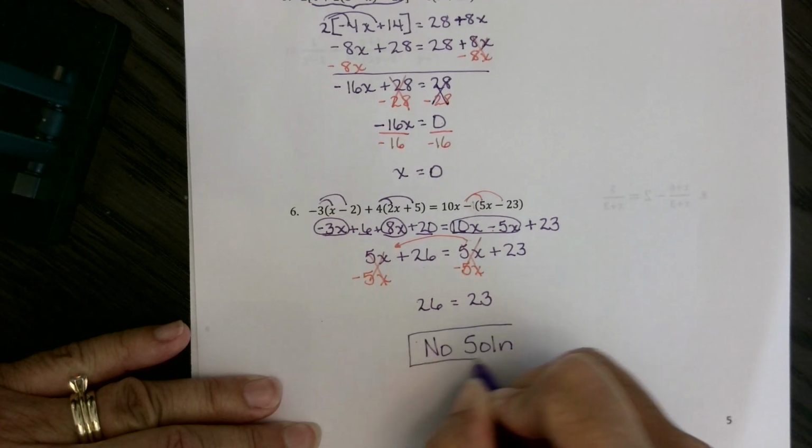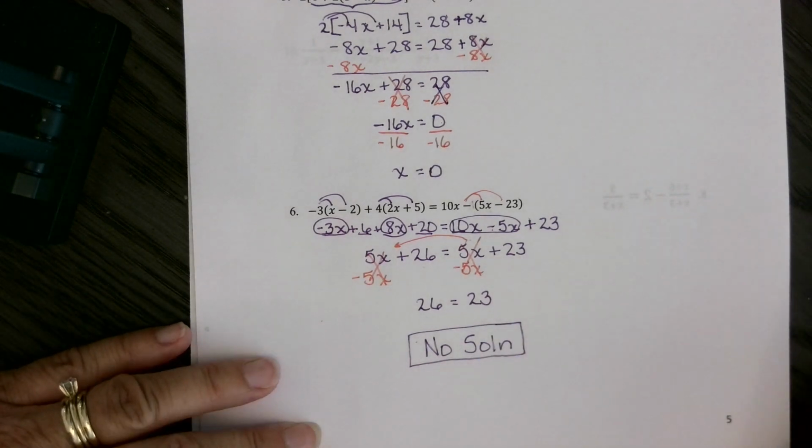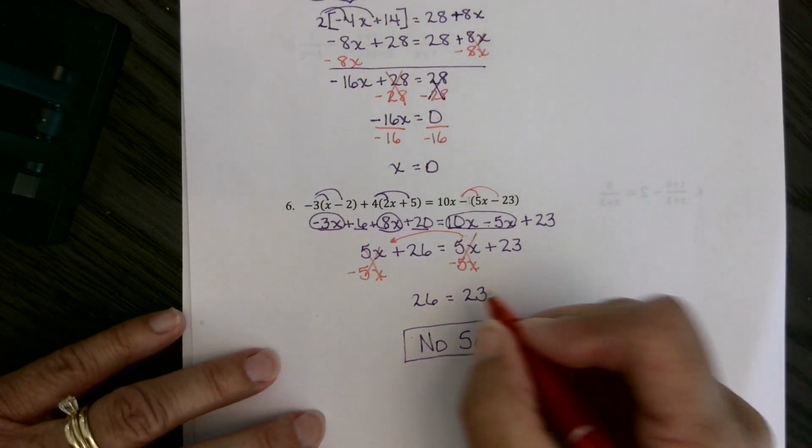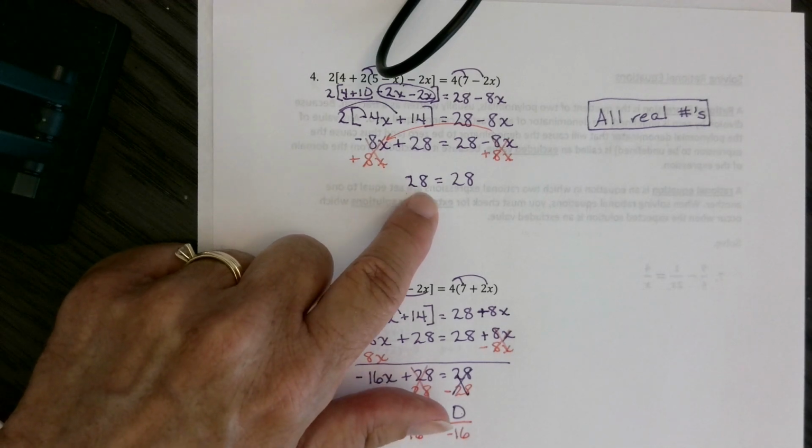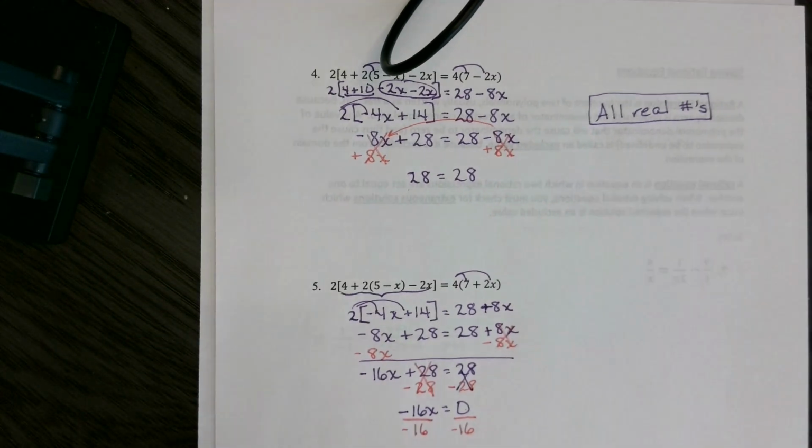And I'm really lazy. I don't write out the whole word solution. So these are not equal, so it's no solution. Up here, they were equal as a true statement, so it's all reals. Okay, now,